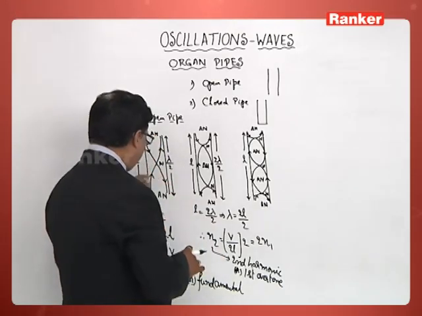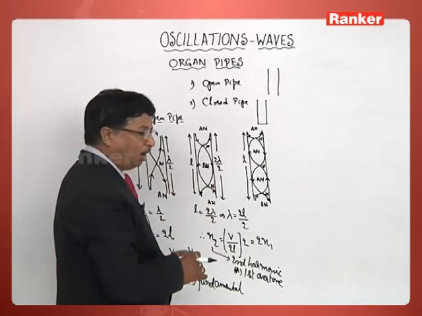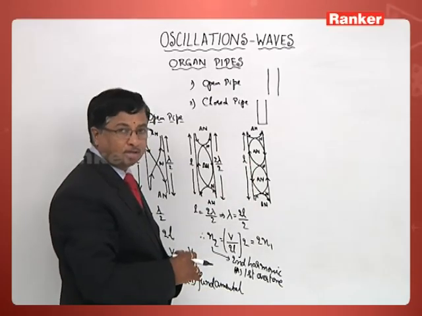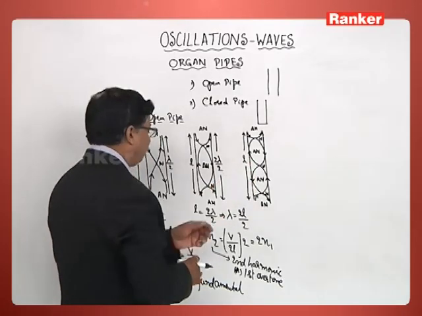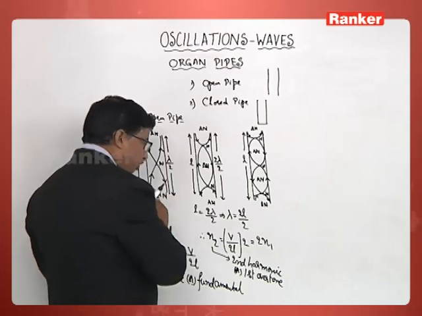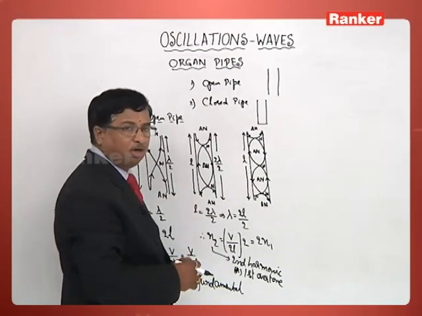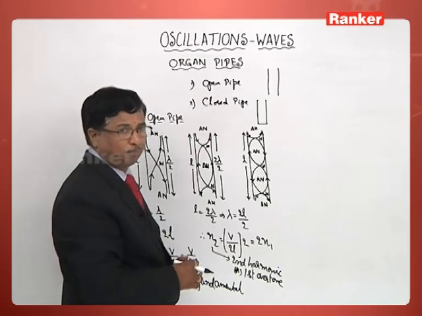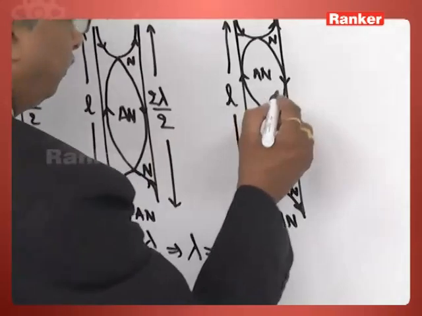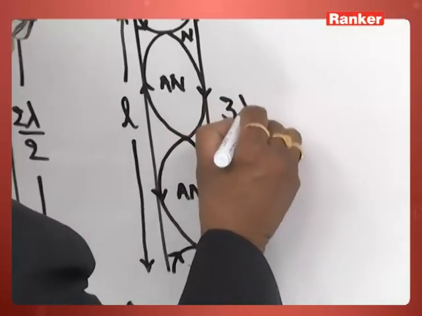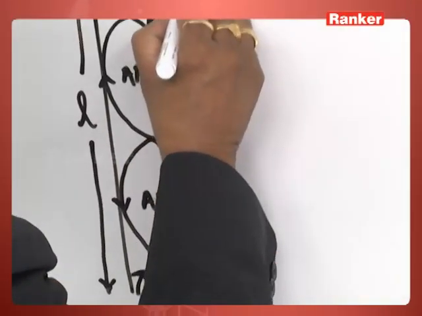This is the first harmonic, this is the second harmonic, this will be the third harmonic. In other words, I can say this is the 0th overtone, this is the first overtone, and this can be called the second overtone. So when we write this, L is equivalent to 3 lambda by 2 in this particular